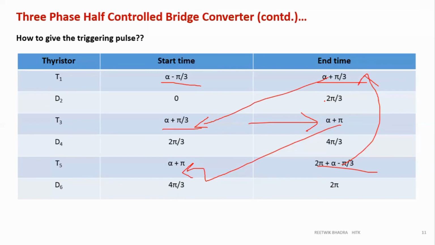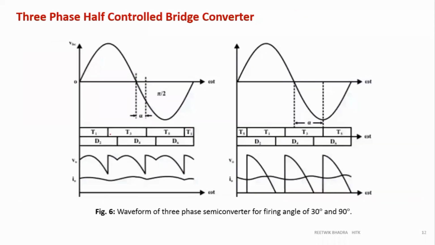Now this is 0 to 2 pi by 3. So you see 2 pi by 3 comes over here, 2 pi by 3 to 4 pi by 3, see 4 pi by 3 comes over here. So you know this relation, how we have done the last table. So this is our relation. Now you can draw your IG. You can draw all these things.